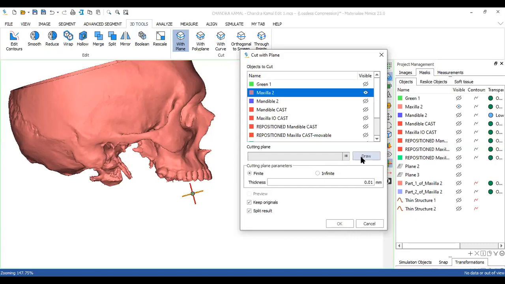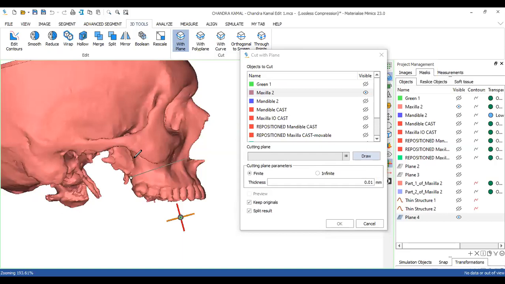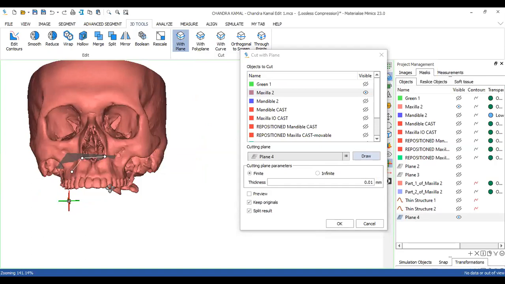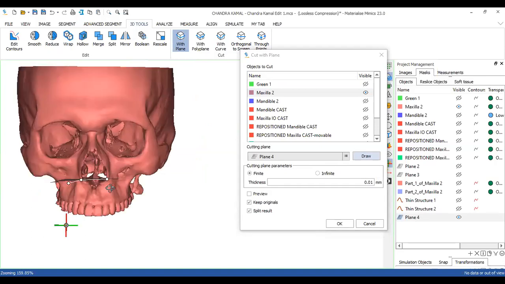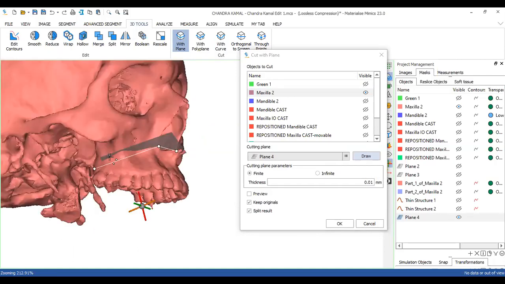When I click the draw option, you see my cursor changes into a pointer. This pointer helps me give multiple points. I can use this, and I can choose this. What you observe is I could only give 3-point input to my plane. I gave 3-point input and a plane was created.